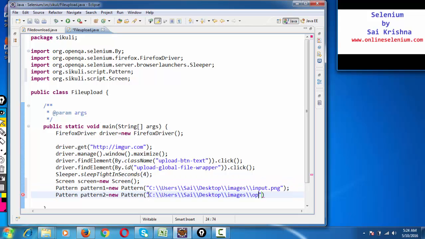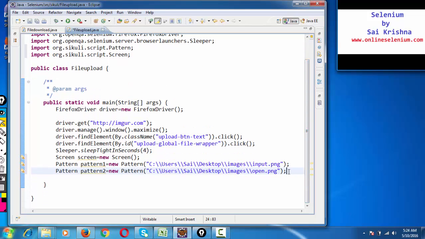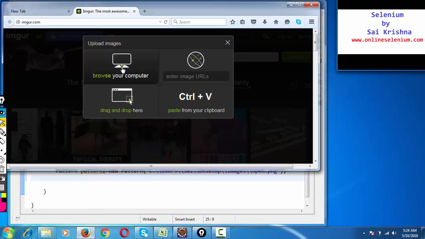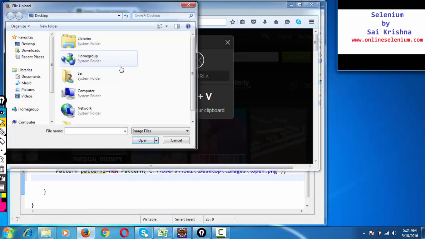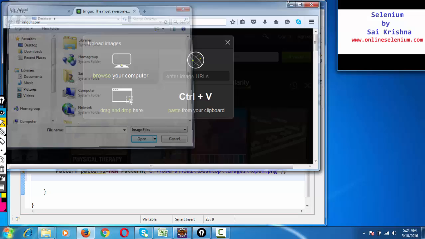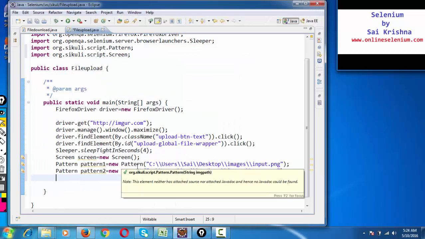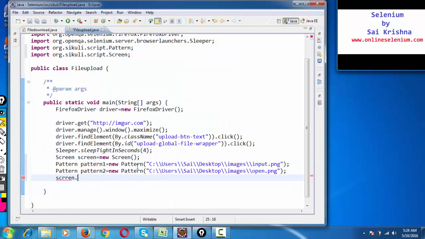But the name of that button is open. The name of that image is open.png. So two elements we are identifying, two elements we saved in the PNG format, and now let's start the automation. Friends, what my program should do is, after clicking on browse your computer, it should enter some text over there. Previously, we have seen how to do click operation, whereas now I am supposed to enter the text over there. So I will say screen dot,